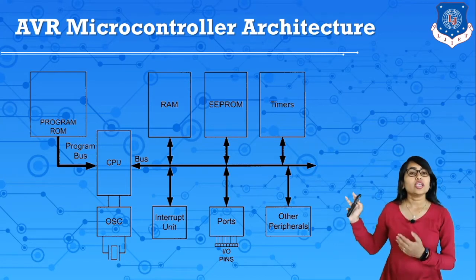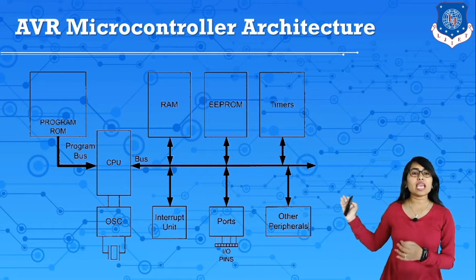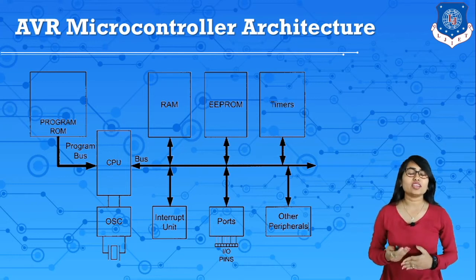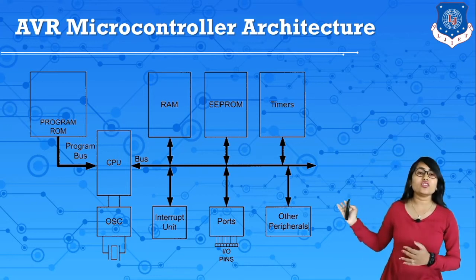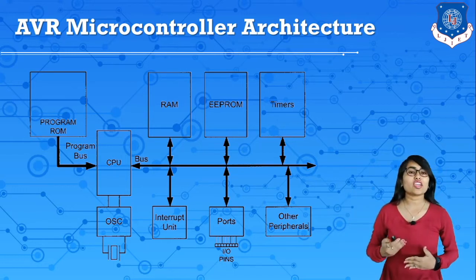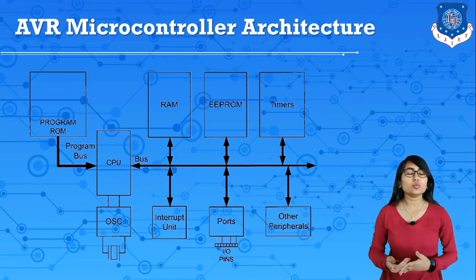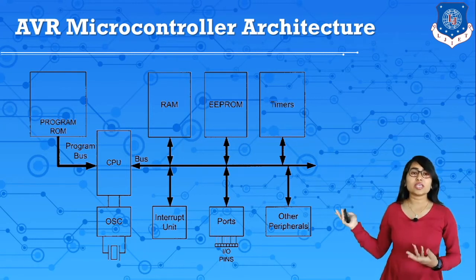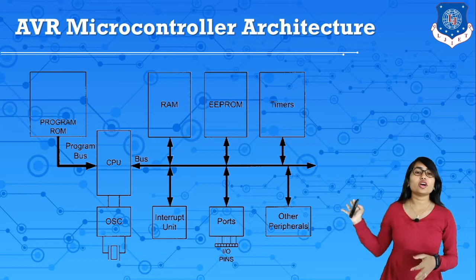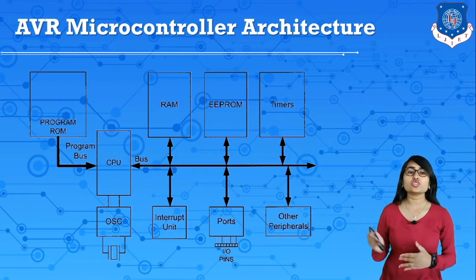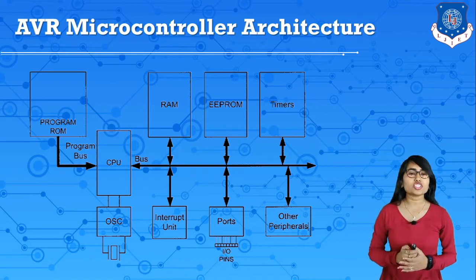If we want to interface with other functional units, we have a bus, that means a group of wires. Using this group of wires we can interface any of the functional units through this bus. Here we have a variety of buses like address bus, data bus and control bus. The address bus is to send addresses, the data bus is for data, and the control bus is to control the working of the various functional units. Okay, so here we have various kinds of functional units. So let's discuss all the functional units one by one.